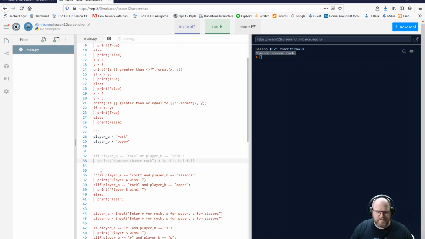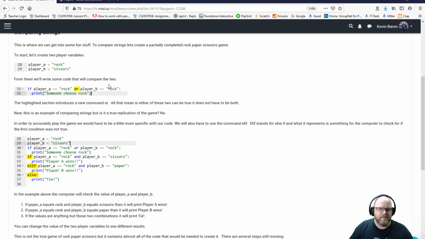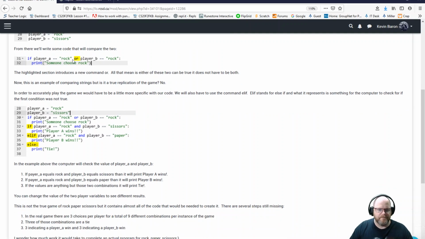and we'll come into this one. Let's go back into the lesson and look at what happens. Okay, so this was the first section. Okay, in order to accurately play the game, we'd have to be a little bit more specific with our code. Okay, we have to use the command elif, which stands for else if, which is what you're going to use if you have multiple